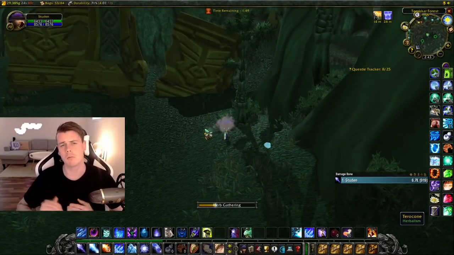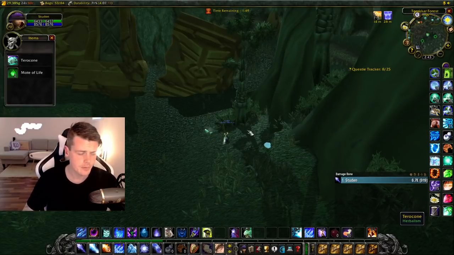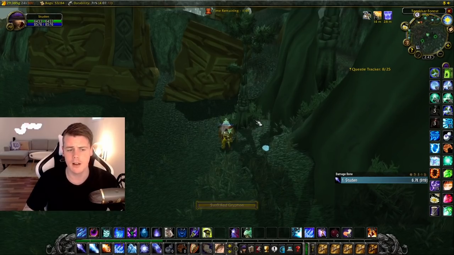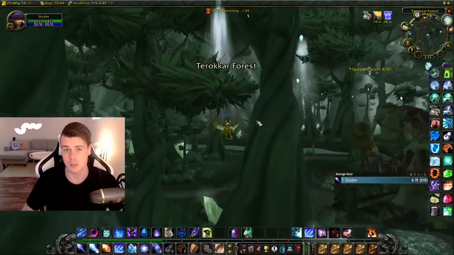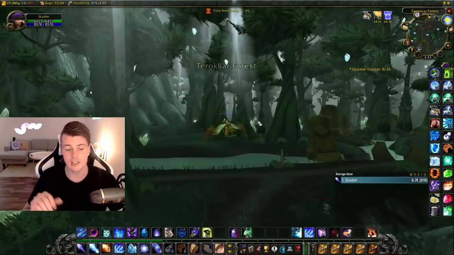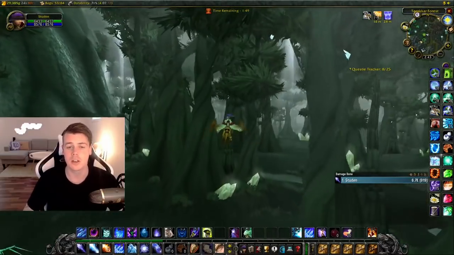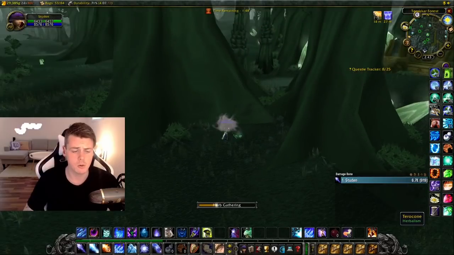I see in some of my primal farming videos that people are complaining about competition when they're trying to do the farm. But really, with the dynamic respawn, I've done a lot of primal farming, and I haven't noticed any problems with it whatsoever. You just got to settle down at one location that has multiple spawn points around you and just camp that one when you have a lot of competition. But regardless, Terocone,